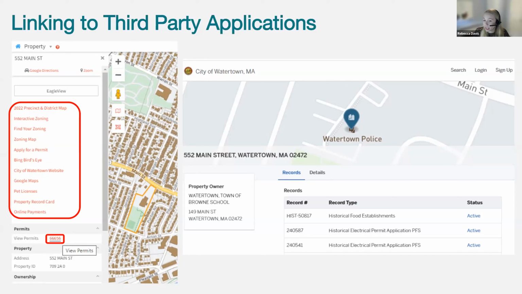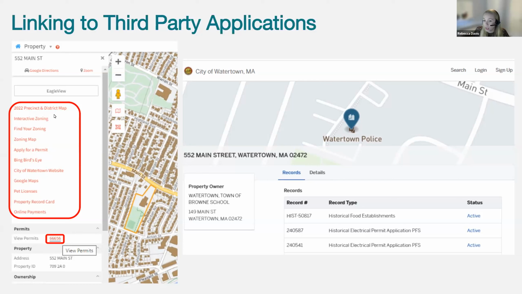So all we basically need from you is just an extract of a table that says this parcel goes with this permit, and we're able to set that up behind the scenes and get that configured for you pretty quickly. Additionally, you can see here that there are a lot of additional links that we have